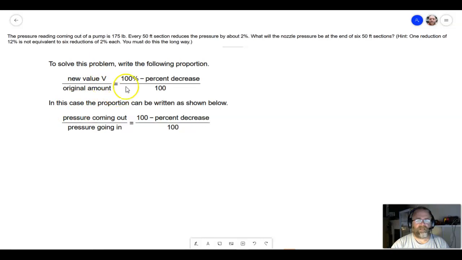So we can kind of write it as this. This is on page 67 in the book here. And so if we think about it, the new value after a 50-foot section, so let me write this out, so after 50 feet,